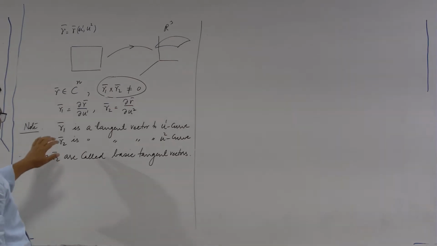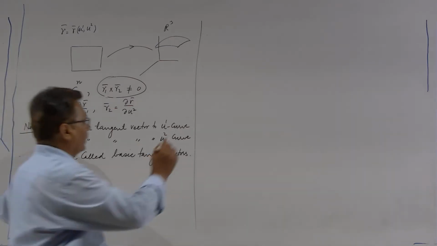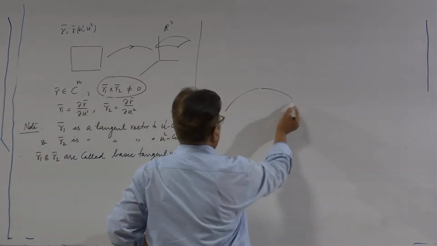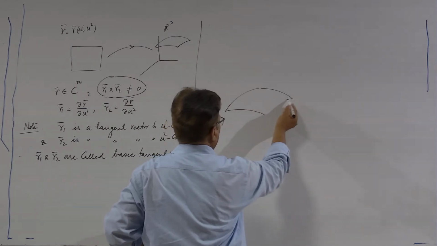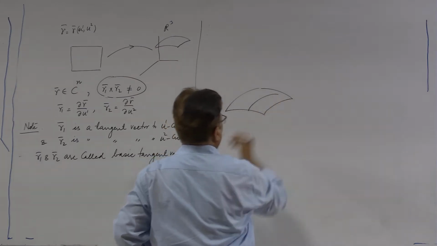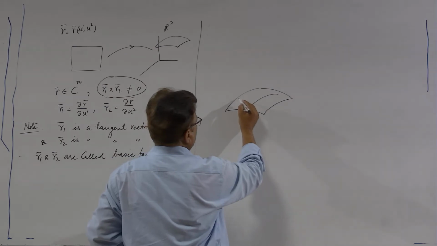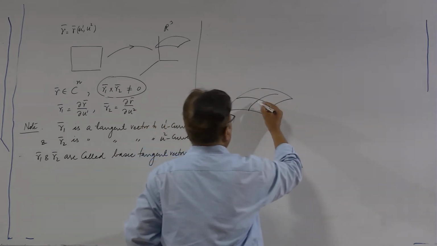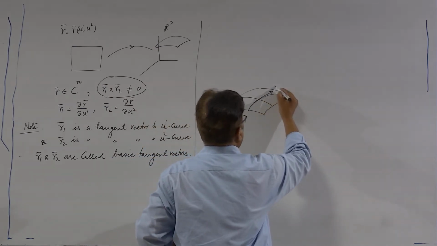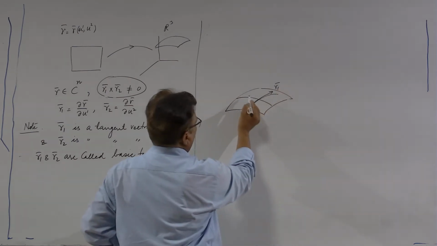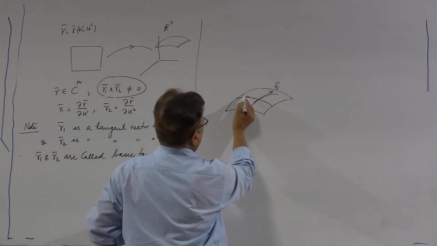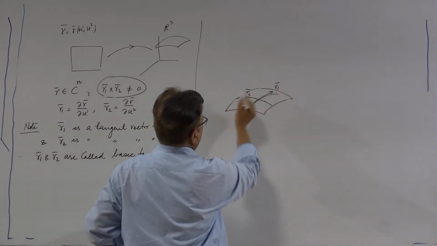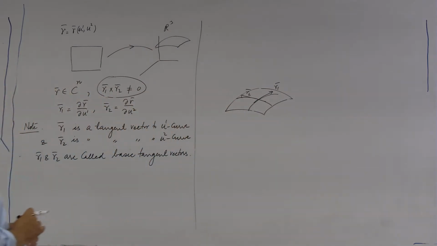Now, R1 and R2 are the tangent vectors. Suppose one parametric curve is like this and the other is like this. R1 is this tangent vector, R2 is this tangent vector. These two tangent vectors will always be linearly independent,